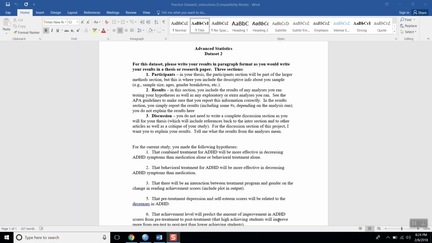All right. So this is practice data set 2. That'll be similar to the one that you're going to do for homework. So this one's set up a little bit differently. I'm trying to move you towards how you're going to write for your paper and your thesis. When you write it up, you're going to write a participant section,